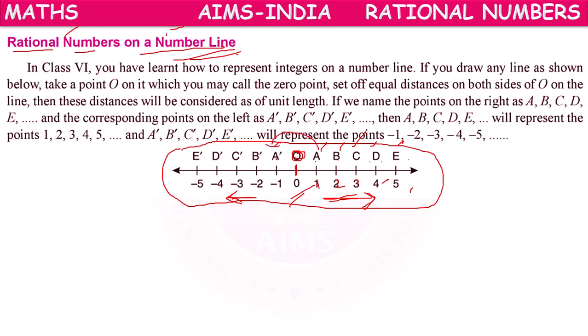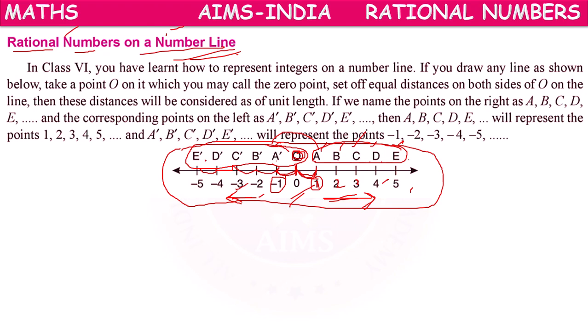point of A will be A dash, which is located at the same distance as A but towards the left side. A is located towards the right side, A dash is located towards the left side. A stands for integer 1, whereas A dash stands for integer minus 1. In the same way, B dash is minus 2, C dash minus 3, D dash, E dash, like that. To the points which are on the right side, their corresponding points at the same distance on the left side also we can mention 5 more points, A dash, B dash, C dash, D dash, E dash,